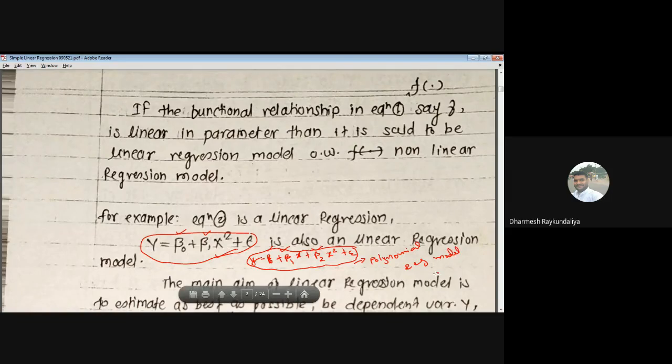of order, or degree, 2. The power of x is 2, so it is said to be a polynomial regression model. How will we solve it? Just as we solve simple linear regression, in the same way, for each polynomial term, I assign it as x1, this I can write as x2, and then perform the multiple linear regression model.